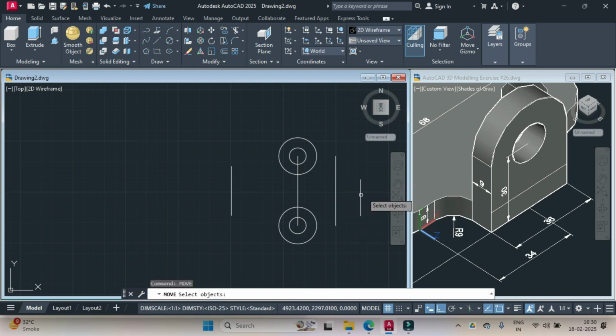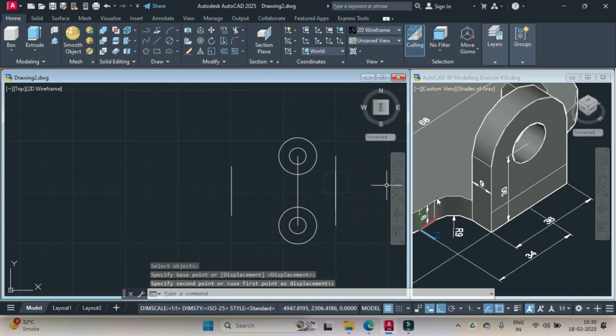Select move from midpoint of this to midpoint of this. Now we no longer need the referential line. Select the referential line and delete. Now we draw one line